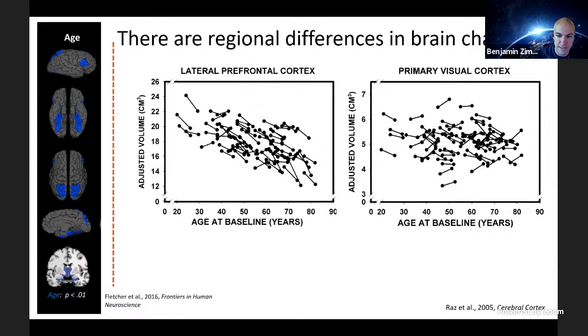For instance, in the lateral prefrontal cortex, we have this 80-year-old here with the largest volume of the 80-year-olds is about the same as the smallest volume in the 25-year-olds in this study. So we can observe these average trends, but it's really hard to be very confident about any individual.